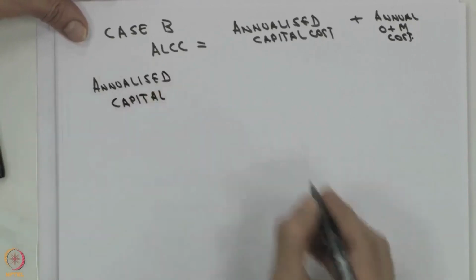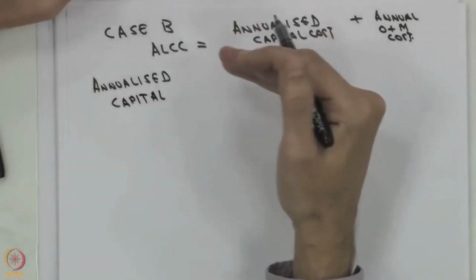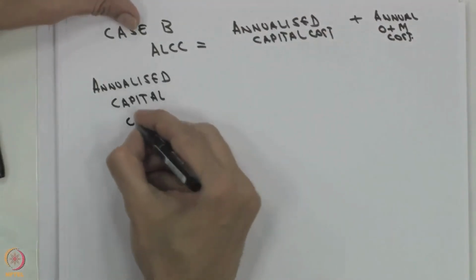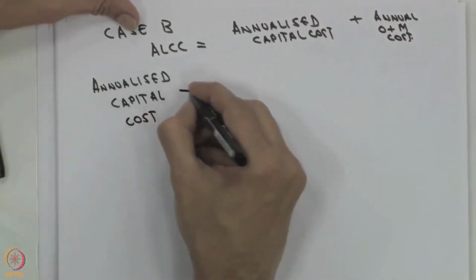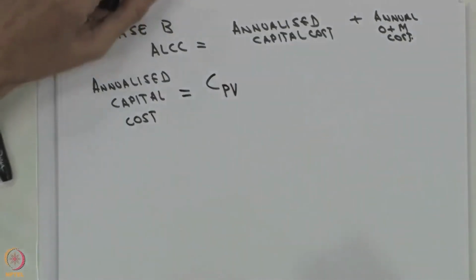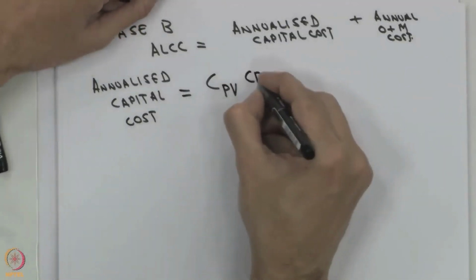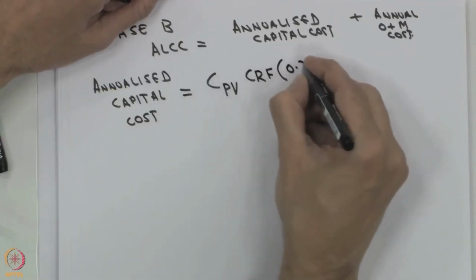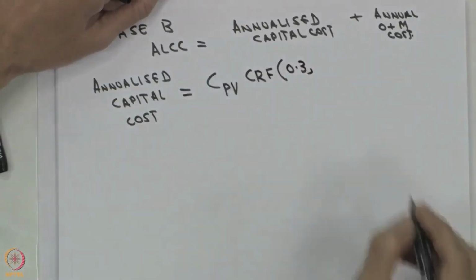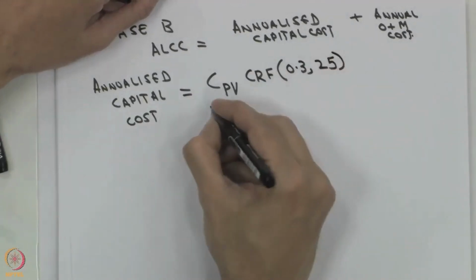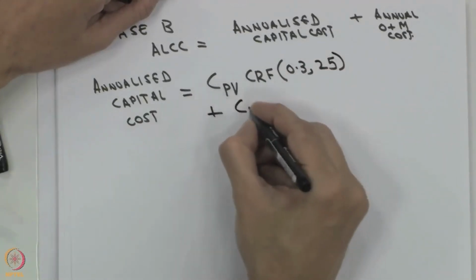Because of that, when we annualize the capital, they will have different capital recovery factors that we are going to use. So, this will be equal to CPV, which is the capital cost for the PV, into capital recovery factor, discount rate 0.3, and the PV module life is 25 years. So, this is this plus C battery,